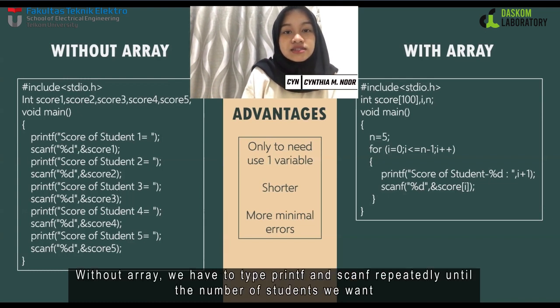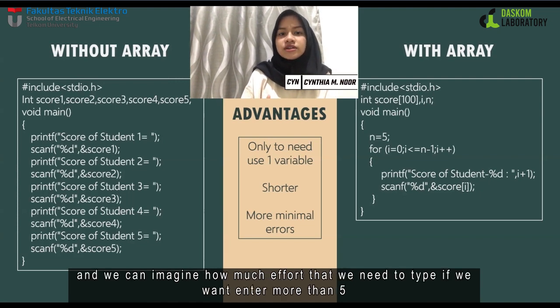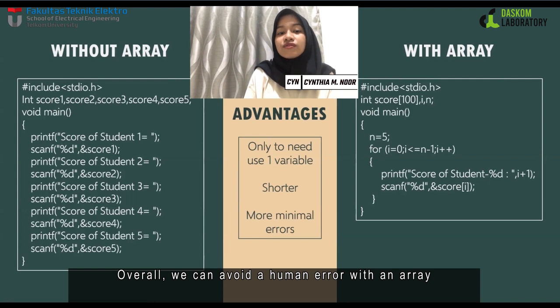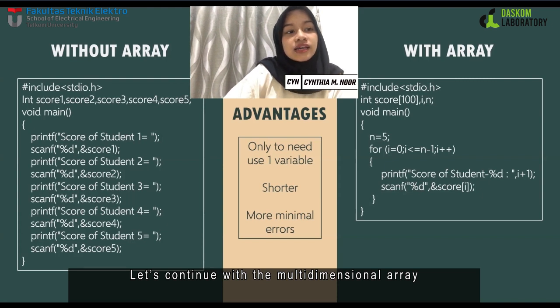Okay, and now look at this. Without array, we have to type printf and scanf repeatedly until the number of students we want. In this case, we have to type 5 times, and we can imagine how much effort we need to type if we want to enter more than 5 students. Of course, we don't want to let that happen, right? Overall, we can avoid human error with an array. We neither have to double-check various variables nor semicolons which might be missed in our code. Okay, and then let's continue